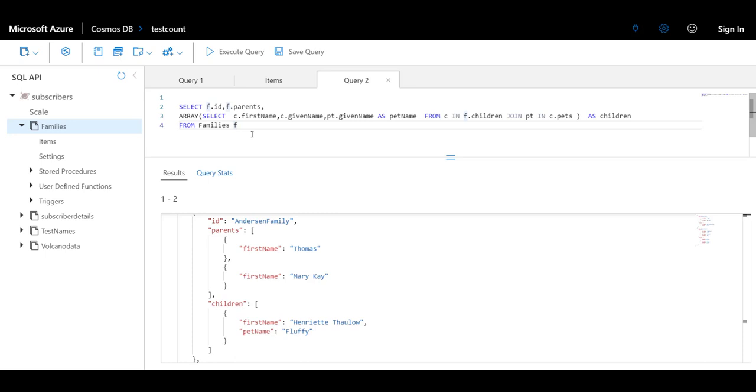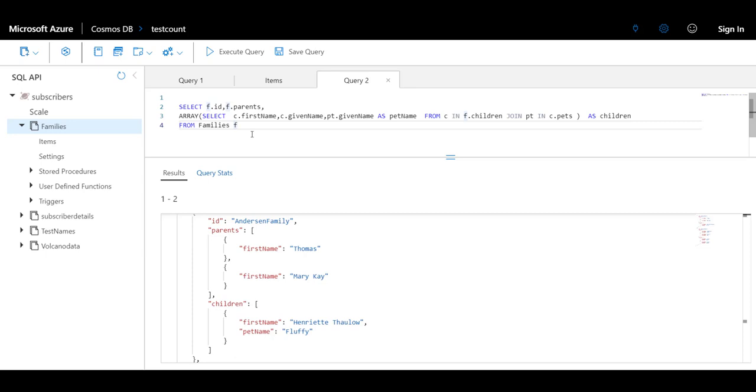And for linking this inner query to the external query, which is the families document, we are using f.children. So if you see the from part, it consists of from c in f.children, which causes this internal query to be executed for each document within families. So for each of the family documents inside families, the inner query gets executed. It will retrieve the list of children, and for each of the children it will again iterate through each of their pets and bring the details of their first name or the given name depending on which is available, and also the pet name.